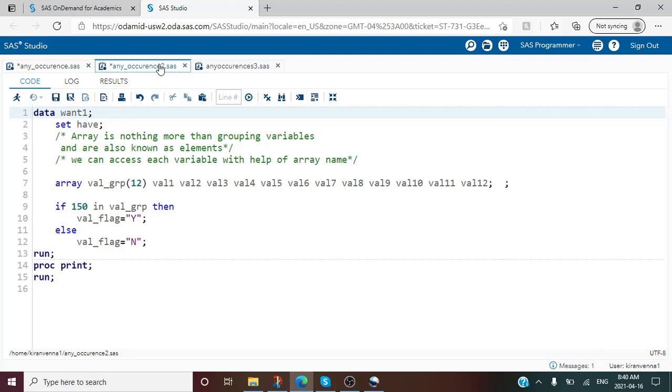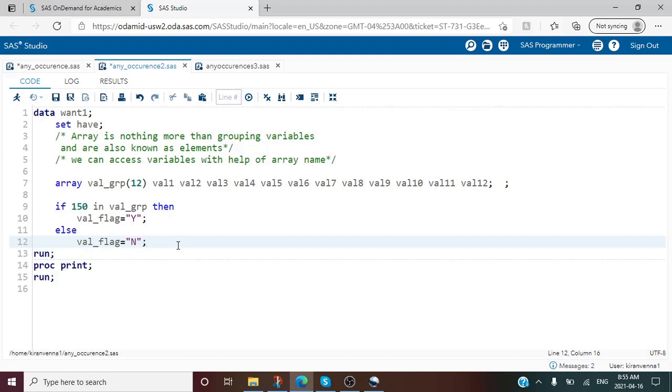In this presentation, I do not want to go into too much detail on what a SAS array is. I have made a couple of videos in which I have gone in depth about what a SAS array is and the different styles. We can use SAS arrays very easily. The links for those videos I will give in the description below.